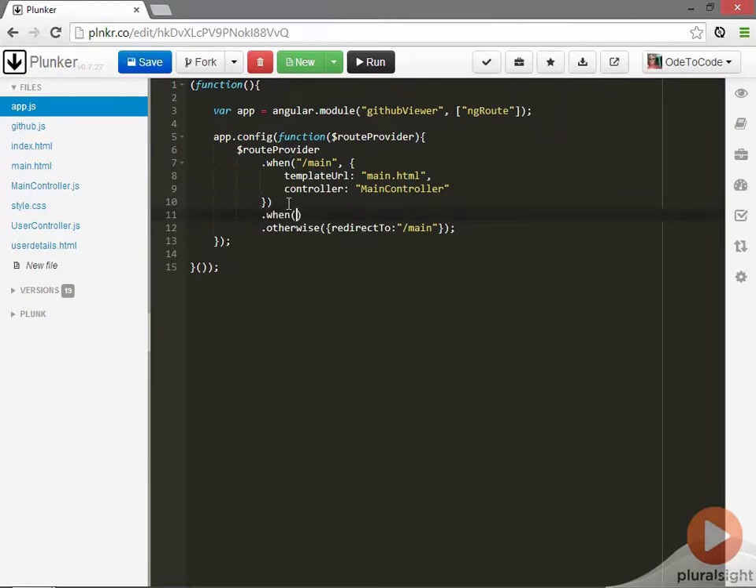So as you've probably already deduced, .when is the API to use to register a route for your application. And you can have as many calls to .when as you want, and you can chain them together like this. So I can just say .when, .when, .when, .when, and then a .otherwise at the end if you want to handle unknown URLs. This time I want a URL that looks like /user/